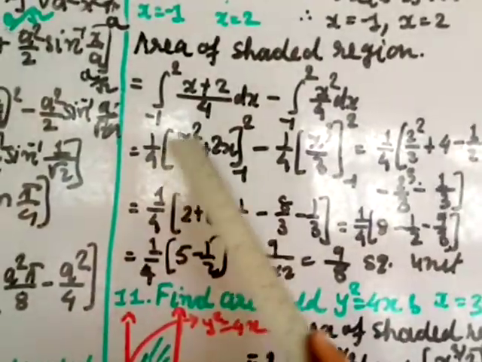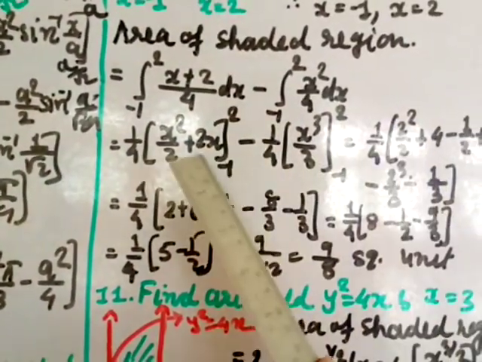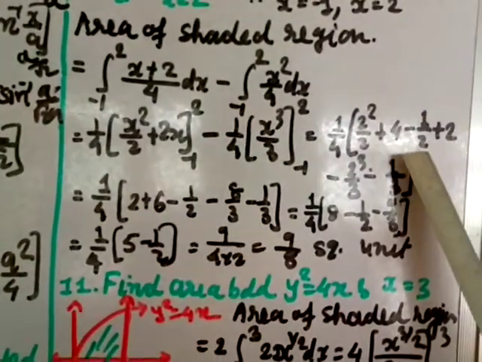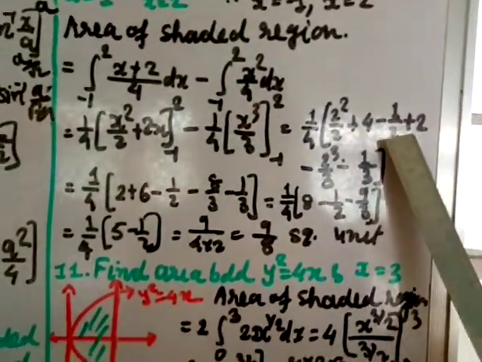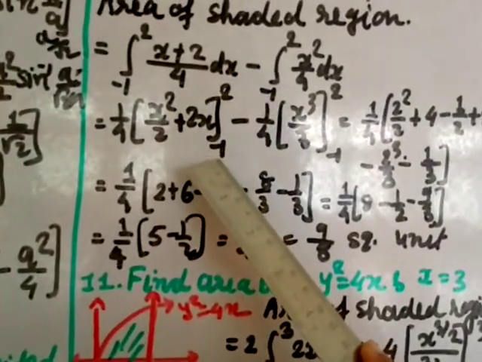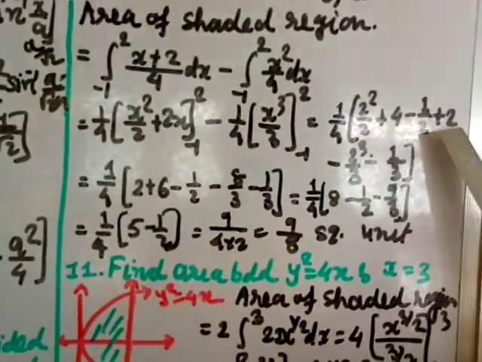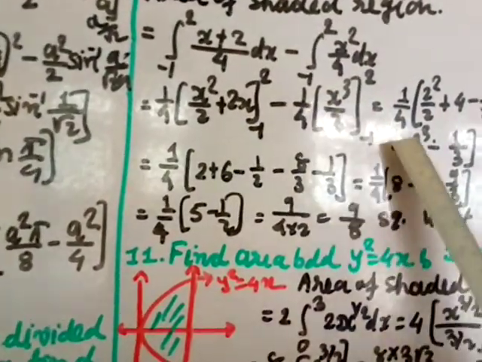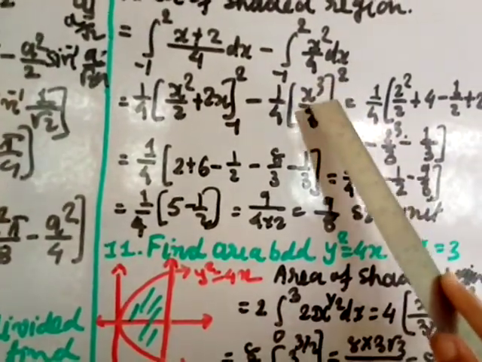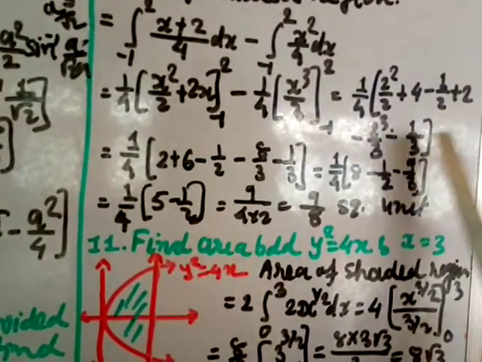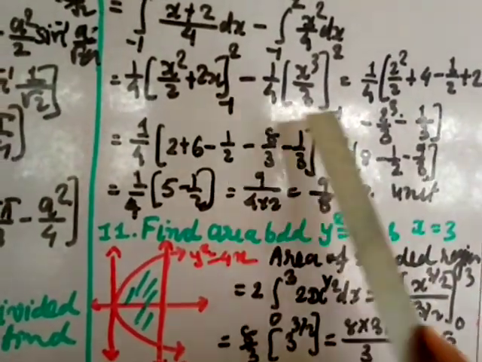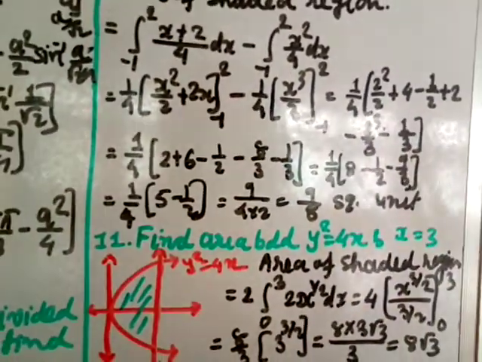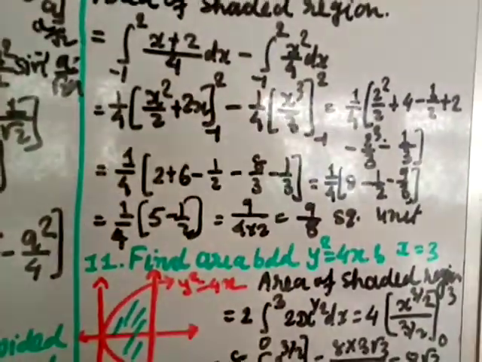So here first you put the upper limit, so 2 square by 2 plus 2 into 2, 4, minus the lower limit, so minus 1 square is 1 by 2, and again it will become minus, but that minus will become plus again because of this minus 1 into 2, so plus 2. Okay, minus, now put here 2 cube divided by 3 minus minus 1 cube, that is 1 minus 1 by 3. Actually this becomes c minus a minus becomes plus, but again it will be minus because it is minus 1 power 3. I have directly written, I hope you understand that part.